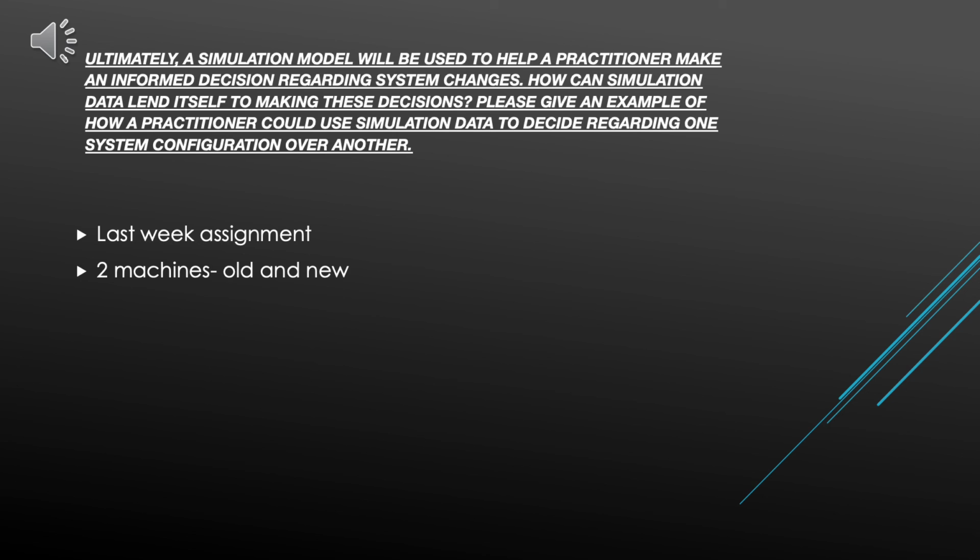You have an old machine, it takes longer to process. You have a newer machine, it takes less time to process. The big factor is that the operator has to be at the old machine for 10 minutes the entire time. He can't leave until that process is done. The newer machine takes 6 minutes to process, but he doesn't have to be there. Once it starts, he's good. Looking at that simulation, you see how little that new machine can process only because the operator is not there half the time. He's at the old machine the majority of those, I think it was 16 hours. He's at that old machine almost the entire time.